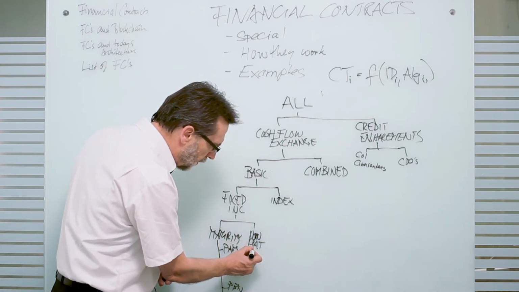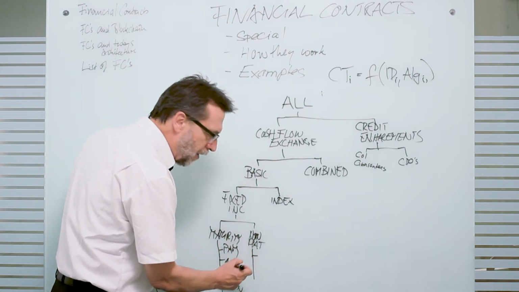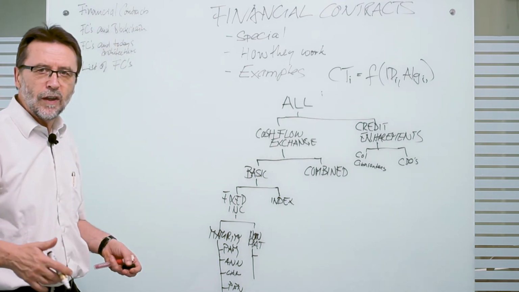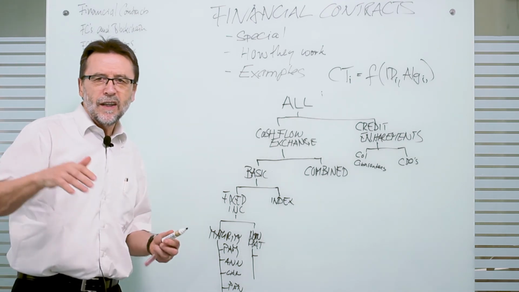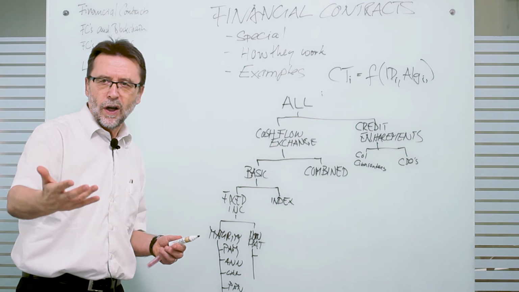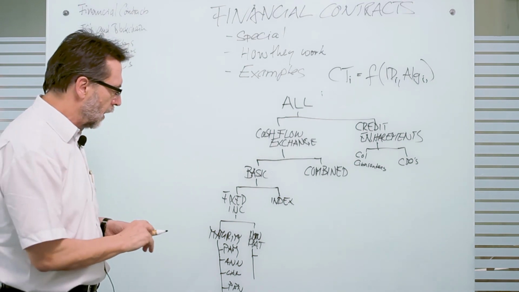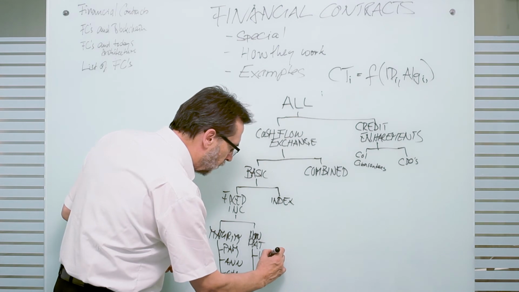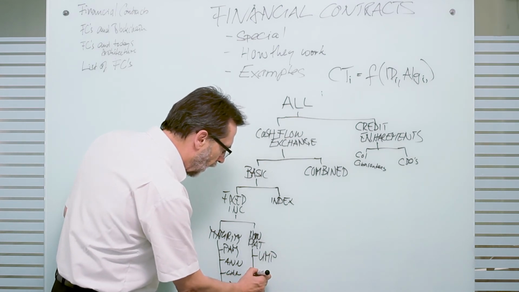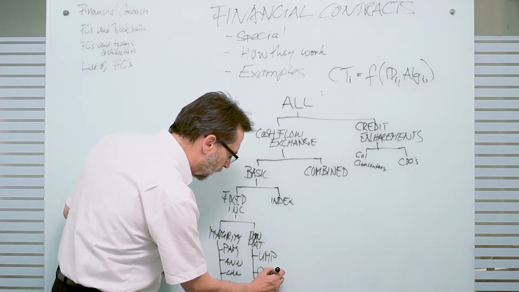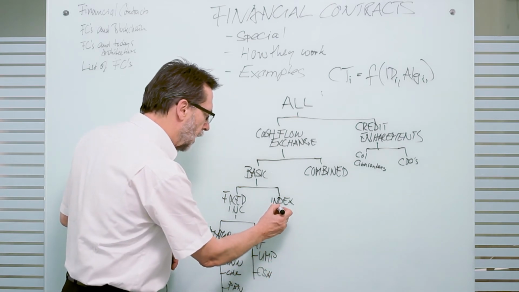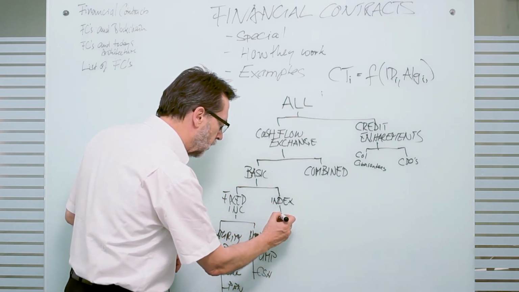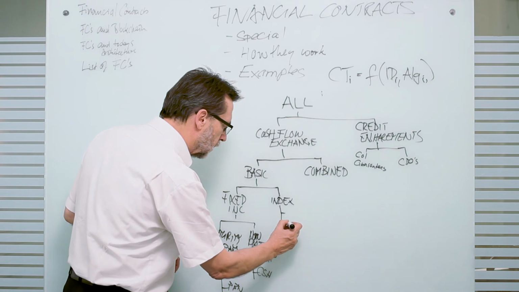Non-maturity are basically the saving account and current account. If you have a saving, it's not clear when you draw. You can draw anytime, you can put in anytime. So the first one we call UMP, which stands for undefined maturity profile, and cash. Here, index products are stock and commodities.